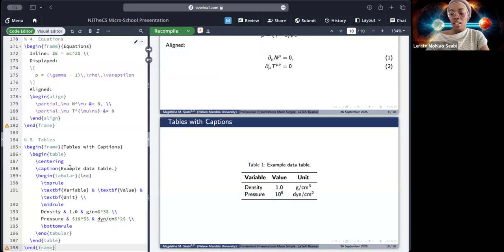And then your caption. With tables in Overleaf LaTeX, what they do is automatically, when you write your caption, it takes your caption to the top. Unlike in a PowerPoint presentation, where usually when you write your table caption, you have to place it yourself. In LaTeX, you don't have to do that. You just put your caption, and as long as LaTeX can detect that you are building a table, it can automatically put your caption at the top,